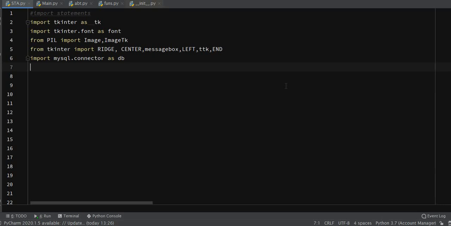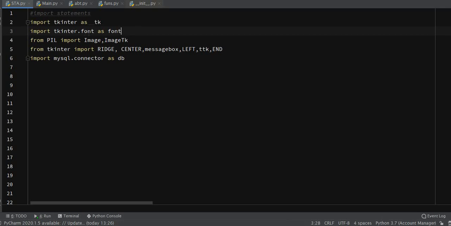Okay, so first we are going to quickly go through the import statements we have to make as we are working with tkinter, right? So first of all, a very short intro of tkinter. Now tkinter is a standard package available in your software that is used for GUI programming. Okay, so it is already installed in your software, so you don't have to install it again. If you want to use it, just import it. In short, I have imported it as tk.